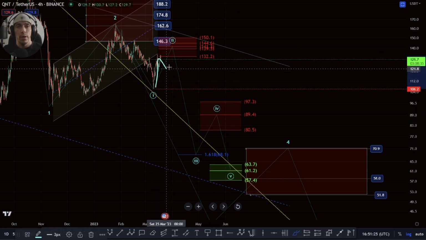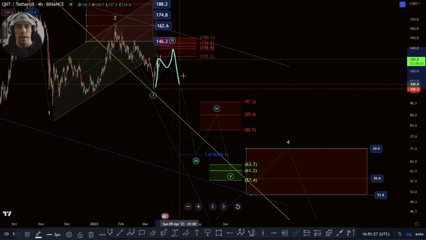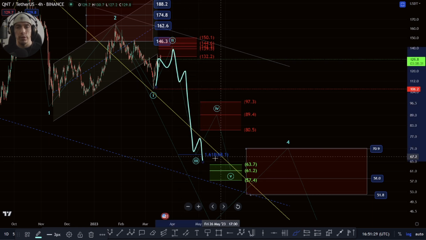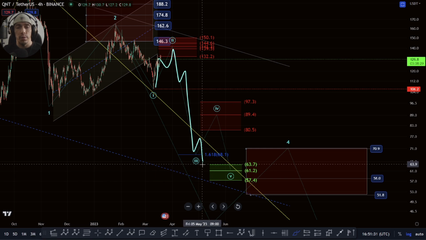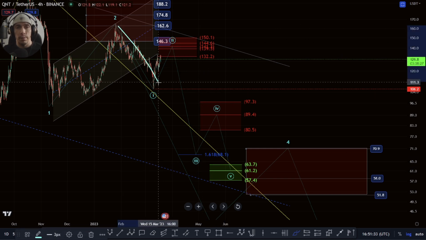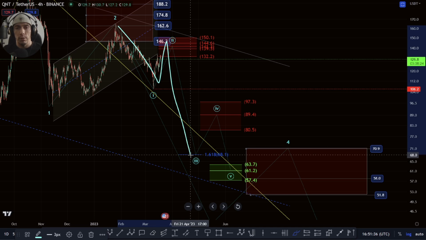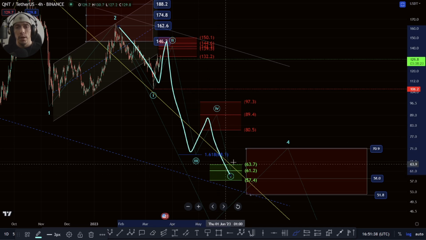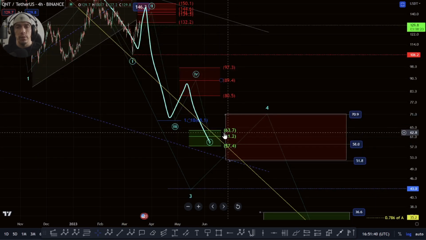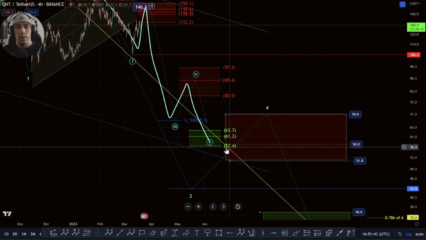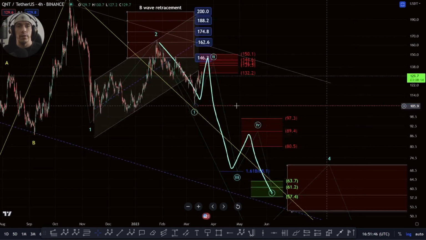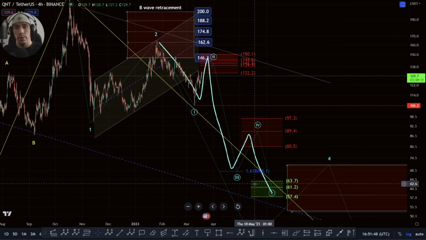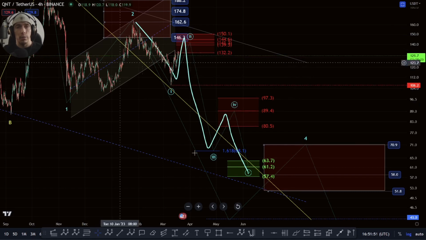So if we do actually move up here in a 3-wave move and then break down in a bigger 5-wave structure that moves past the 68.1, potentially we could be setting up for this move where this becomes a 1, 2, 3, 4, and a 5. So if we just had to complete towards this 63.7 to this 57.4, that would potentially just satisfy that idea of this as an A, a B, and a C wave to the downside, and that could be a completed